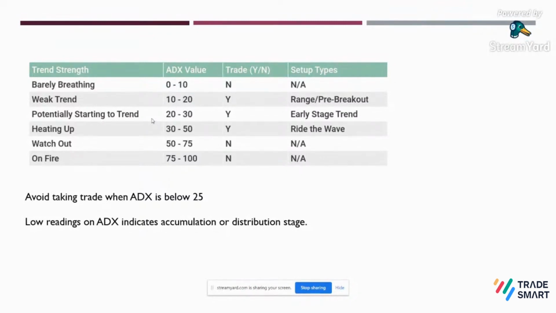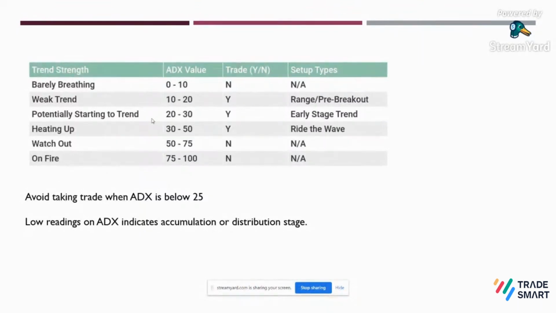Until it reaches the level 50. 50 is extreme in ADX, and if it is going above 50, then it is not recommended to take a trade there, because it represents the market's volatility and extreme levels. So the market can come down from there, so avoid trading at very high levels.